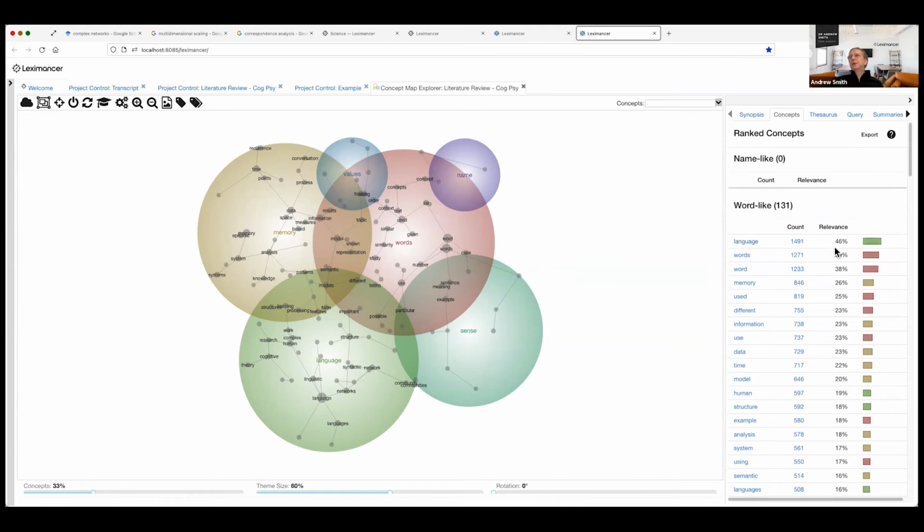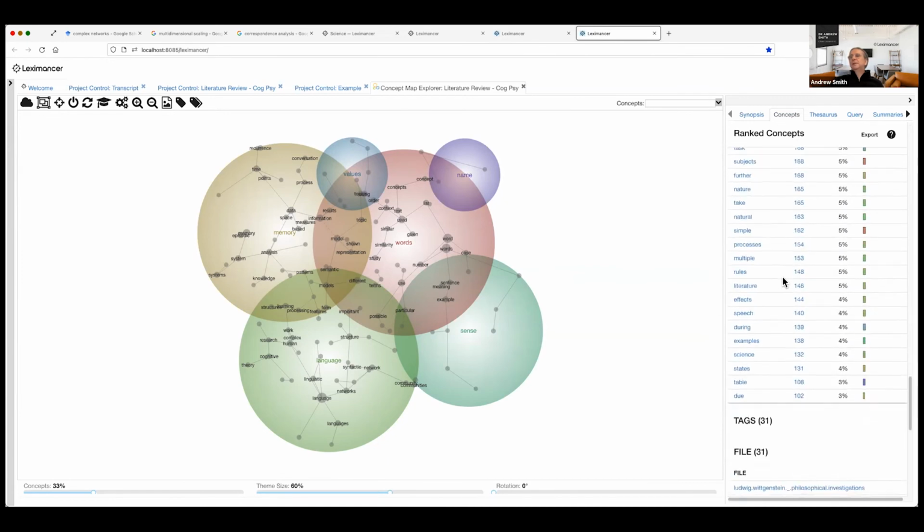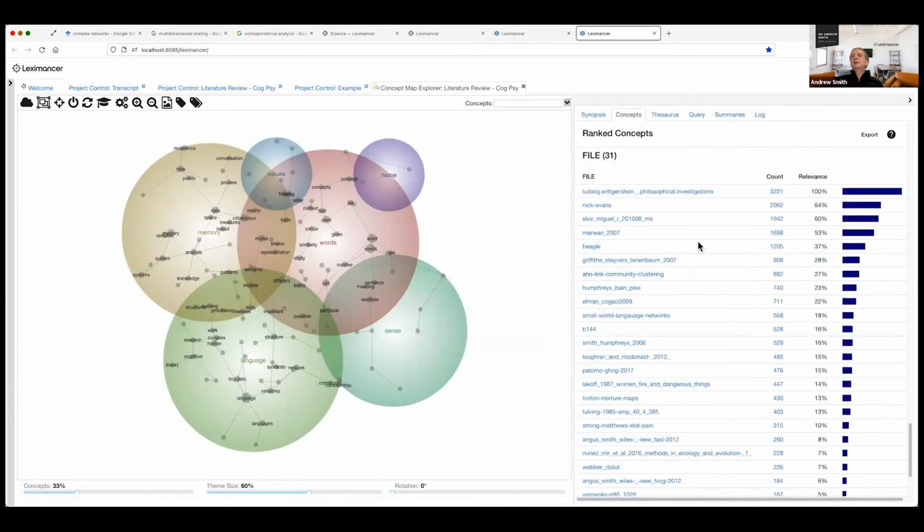So language is the most important by frequency, words, memory, etc. I can scroll to the bottom and see all those file tags. And so how much text have they contributed? Well, this Wittgenstein is obviously a long piece of work, and it's contributed 3,200 text segments. This Nick Evans paper, who was a linguist at ANU, is obviously fairly long as well.